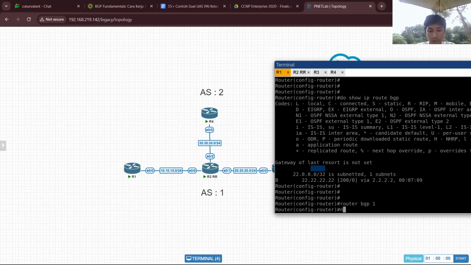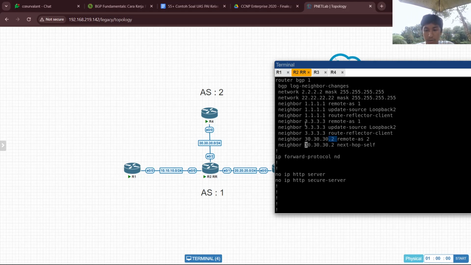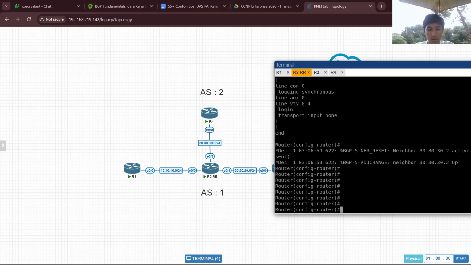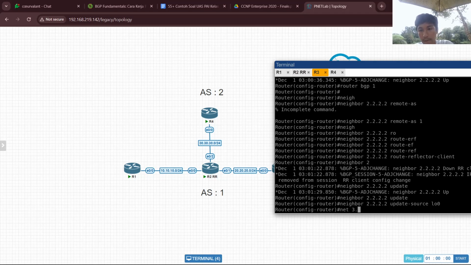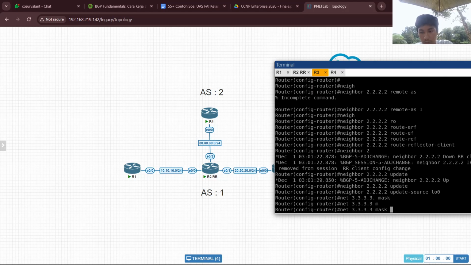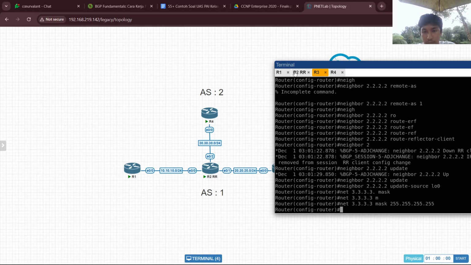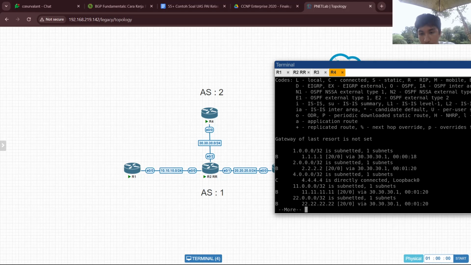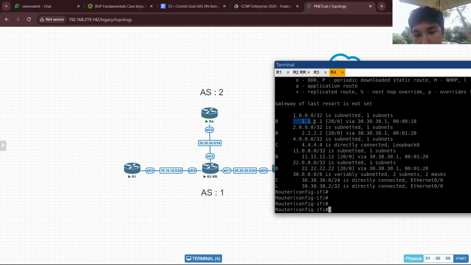First on router 1, network, mask, on router 2, network, is already on router 3, network. See on this, this IP address from router 1 can already be reached from router 4.